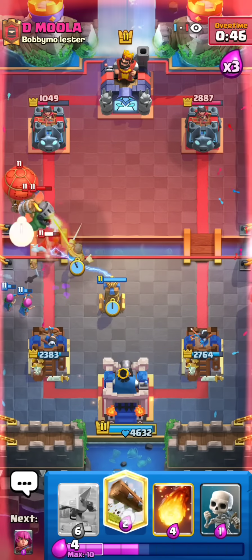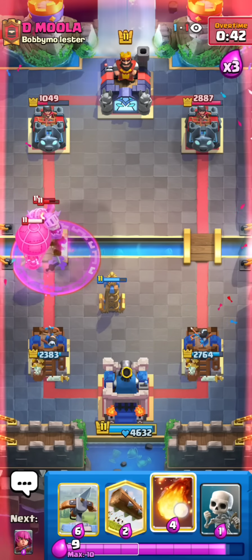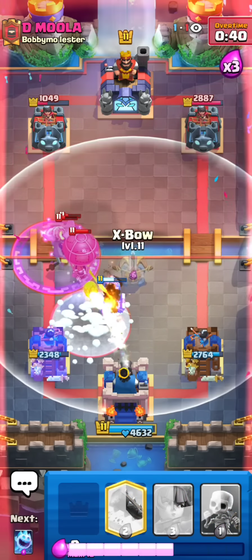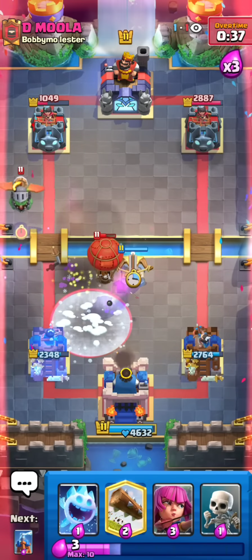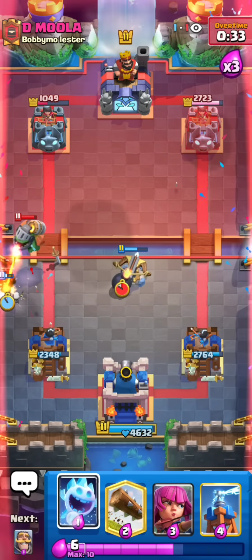Knight for protecting my Archers, and then he's probably going to freeze this Tesla again, but in the meantime, I'm fine. I'm actually going to Xbow just to pull the balloon over. Okay, misplaced my Xbow, yikes, so... oh, that's so bad, because actually it looks like he...